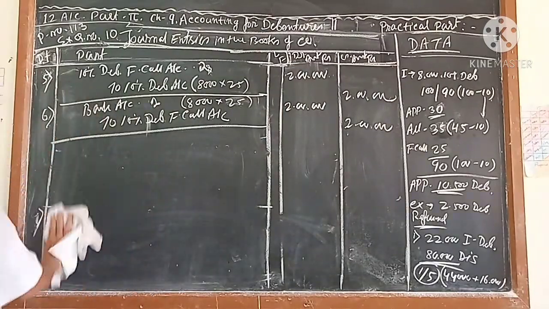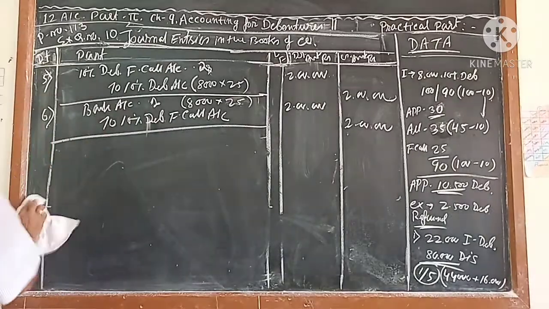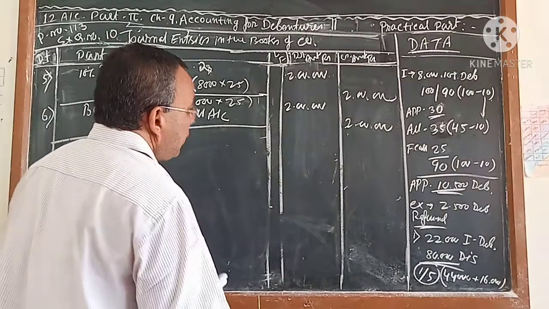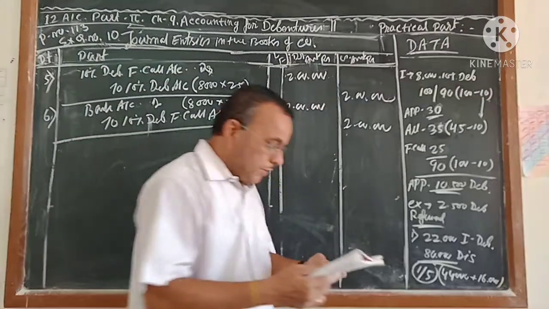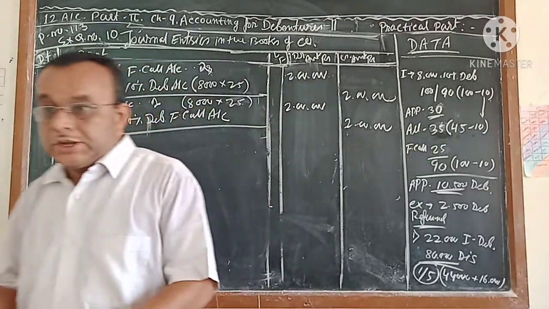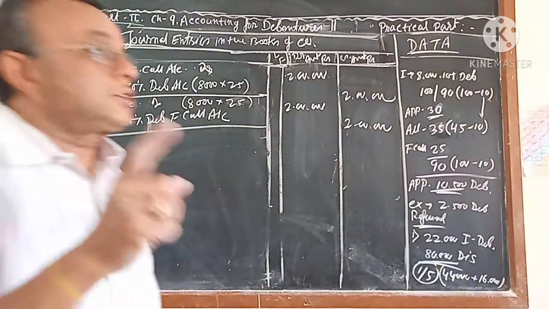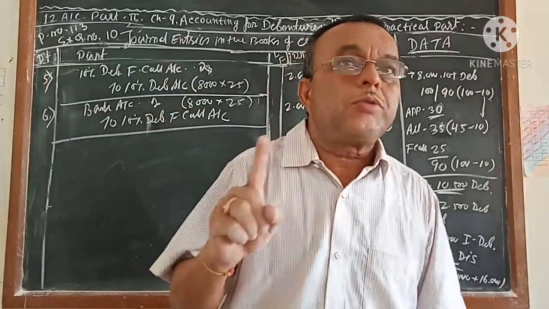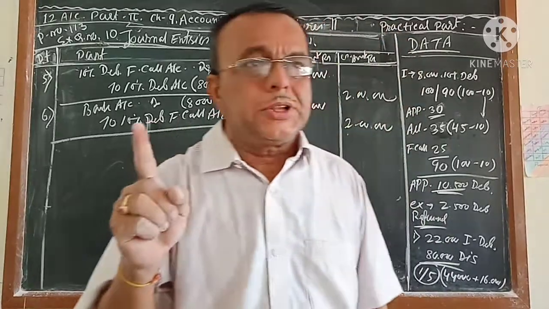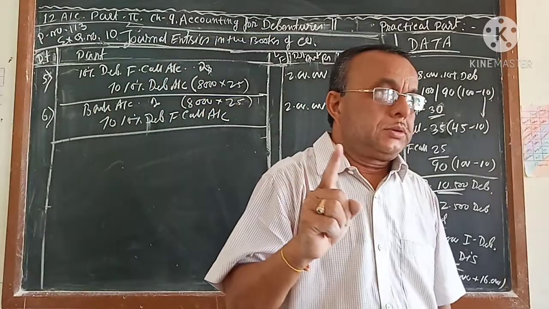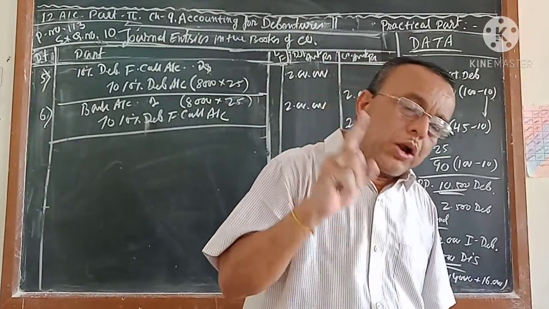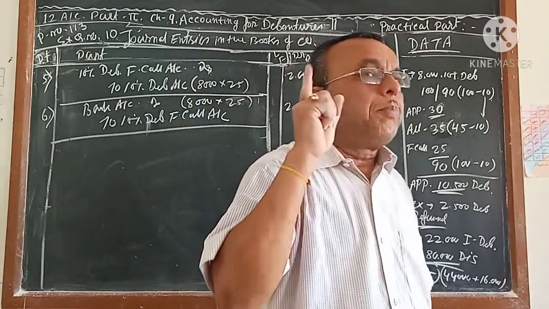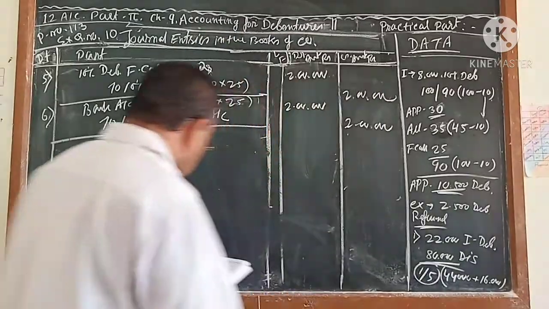So 6 journals we have passed: 2 for application, 2 for allotment, and 2 for final call. Now the last 2 sentences given are most important, which you have to understand. That 22,000 expense was there which the company paid for the issue of the debenture. One more journal you have to pass. Issue of debenture is one type of expense. So expense on issue of debenture account debit to bank, which the company paid 22,000. And the company got a loss of 80,000; that journal you have already passed. So the 22,000 issue of debenture journal entry is left.